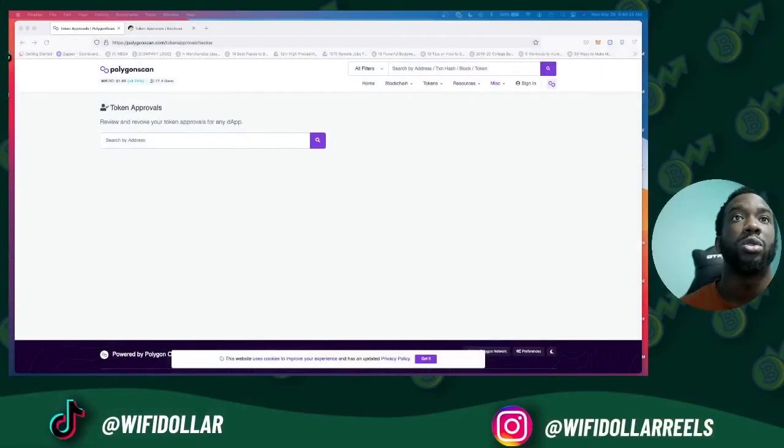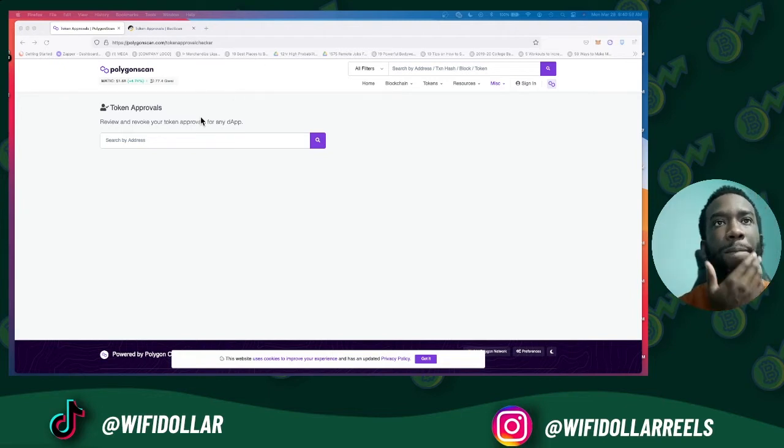Now, revoking access to smart contracts or decentralized applications is actually pretty simple. So what you're gonna do on Polygon, we're gonna go to polygonscan.com. All right, this is basically a fork of etherscan.io for the Ethereum blockchain. I did a video already covering how to revoke access to dApps on Ethereum. So Polygon is basically a fork of Ethereum. Polygonscan is basically a fork of Ethereum's etherscan.io. Now the website is Polygon Scan Token Approval Checker. Now I will put the link for that website in the description of this video so y'all can have easy